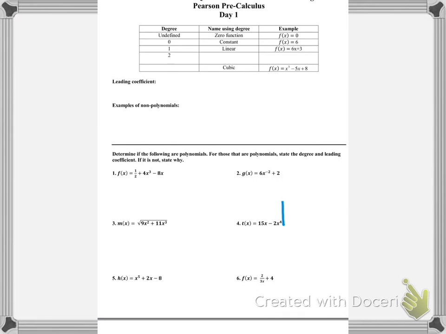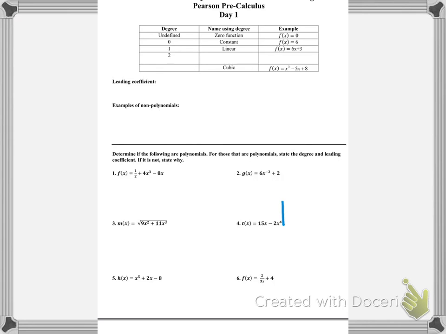Hi there. We're going to start off by going through Chapter 2 notes. This is for Chapter 2, Section 1, and this is Day 1. At the top of your notes, you're going to find a table, and all I want this table to do is to get you used to remembering from last year degrees, naming the degree, and just that you had an example come quiz time. So in the first column, you'll see degree, undefined, name using degree, zero function, and then